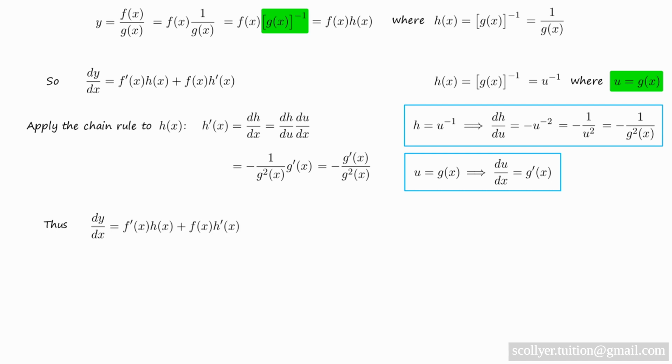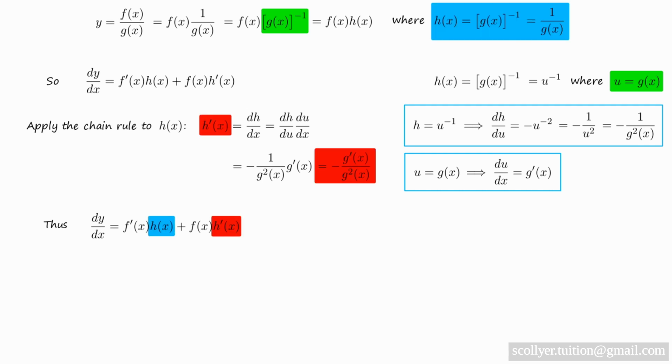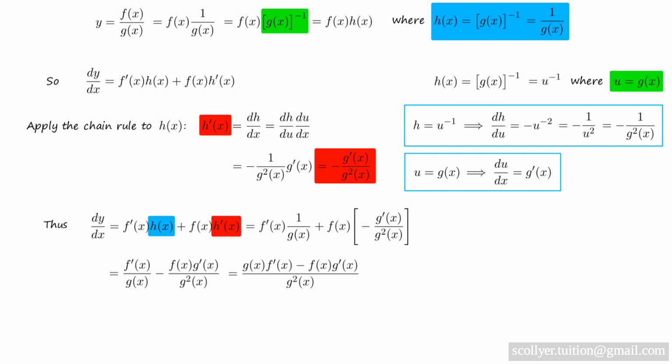And so making the following substitutions in the expression for dy by dx, we obtain this expression, which simplifies to this expression, and on putting the two fractions over a common denominator, we obtain g of x times f dashed of x minus f of x times g dashed of x all over